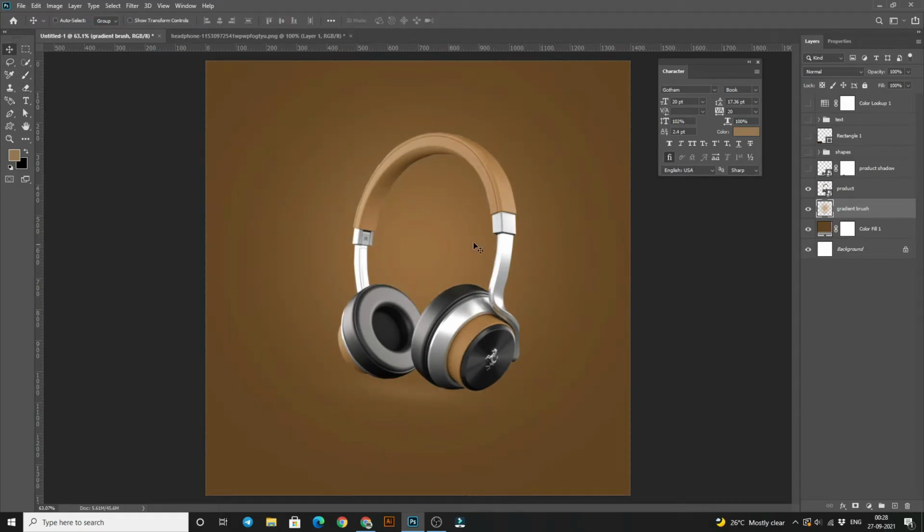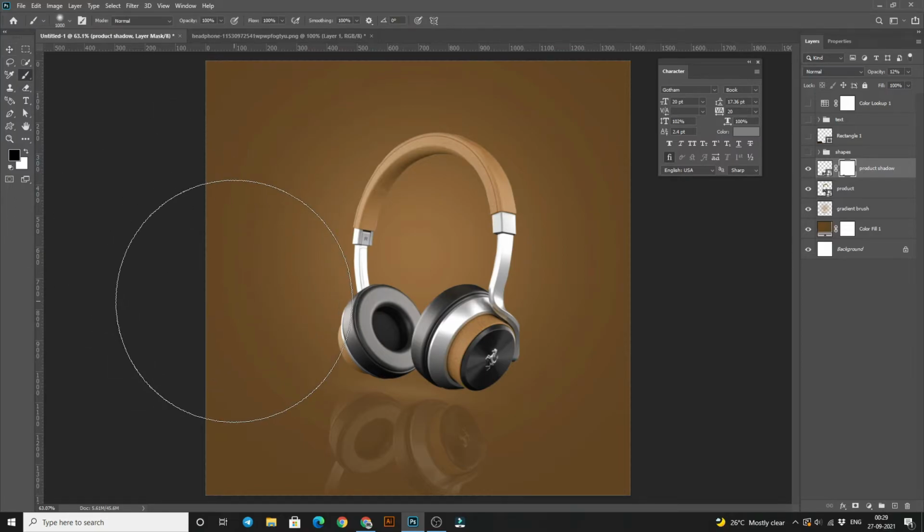I am just undoing it, and now it is a shadow of our real product. You can first make a copy of it, and you have to put that real image downside and decrease the opacity of it. I am making 12% opacity of it, and now select the layer mask of it from here and take the brush tool and decrease the size of it and erase that part of our design like that. I have already deleted this, so there is no need to erase again.